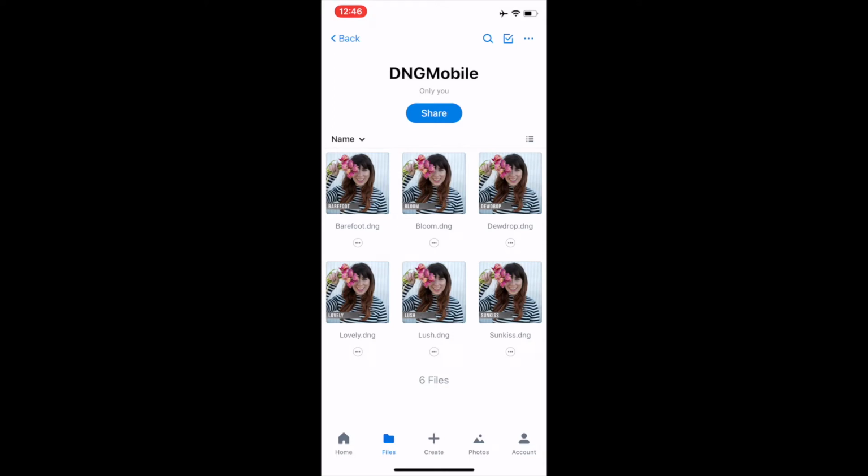And do not panic that they all look the same right now. That's simply because Dropbox cannot read a DNG file like Lightroom can. It's a specialized file just for Lightroom CC. So don't panic that they all look the same. That will change. So the first thing that you're going to do is click on the three dots, the circle with three dots,